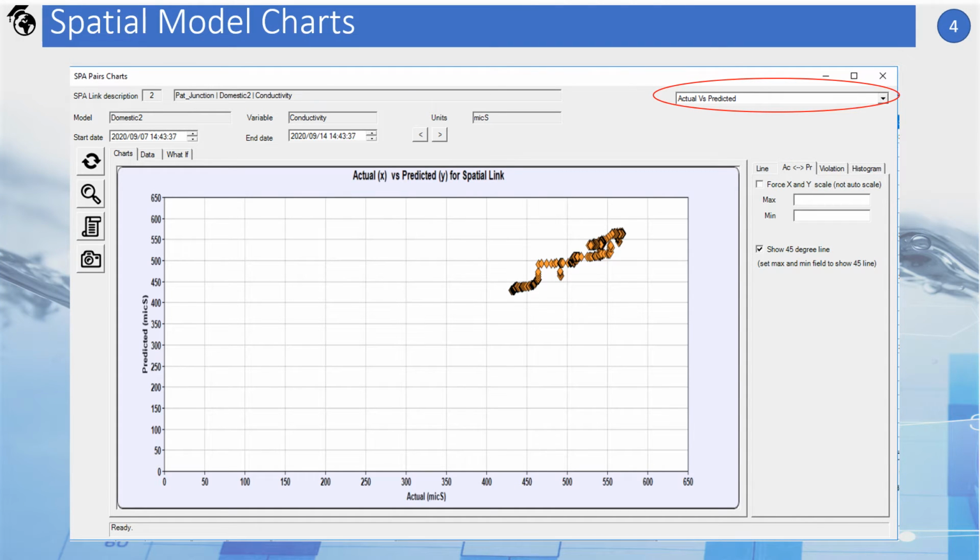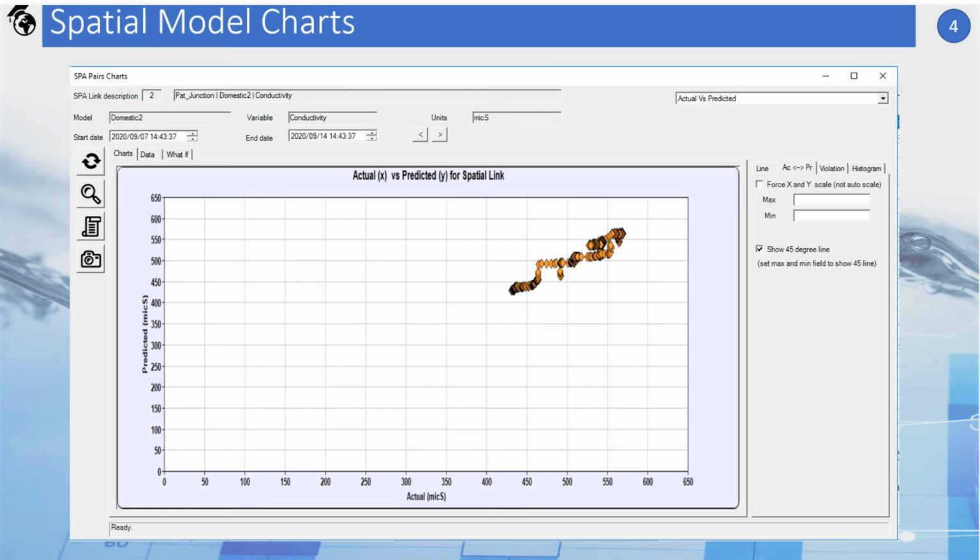The second chart is the Actual versus Predicted chart. This chart can be displayed using the second option on the drop-down field of chart type, located at the upper right corner of the screen. The Actual versus Predicted chart displays a scatter chart. Each point in this chart type has 2 coordinates. The horizontal axis is the actual value, and the vertical coordinate is the predicted value. In the situation of a perfect model, where the actual results equal the predicted results, all points are located on a diagonal line with a slope of 45 degrees.